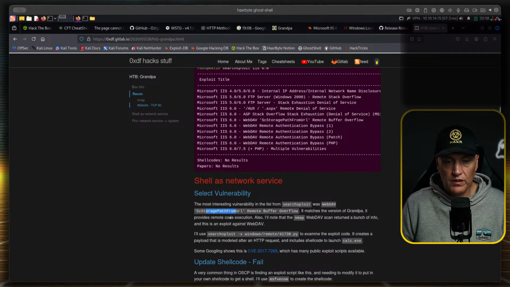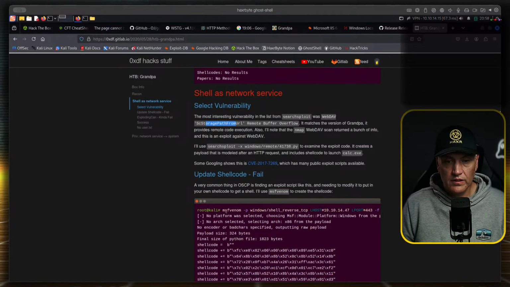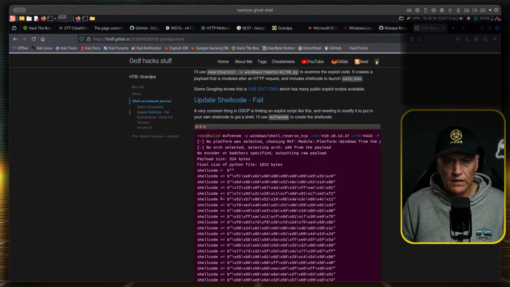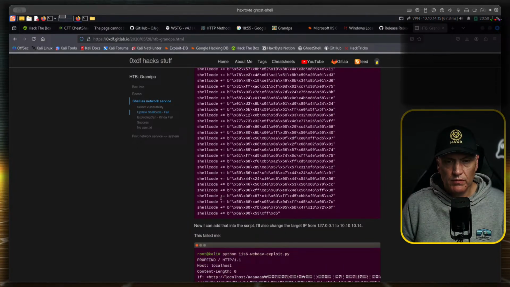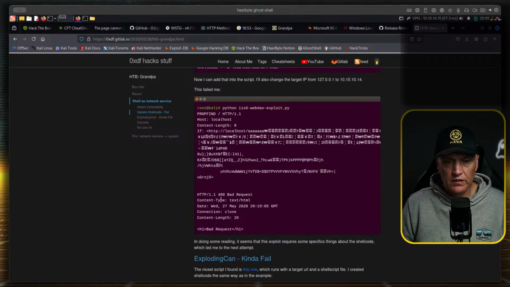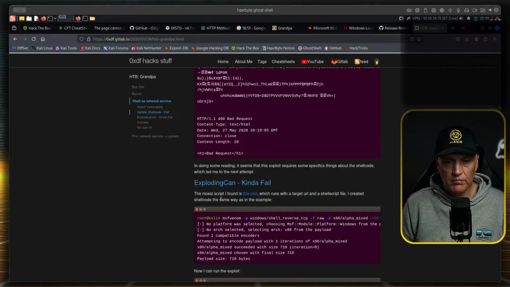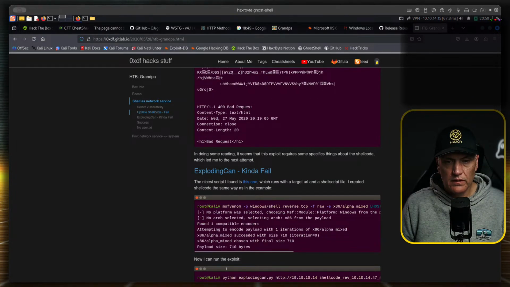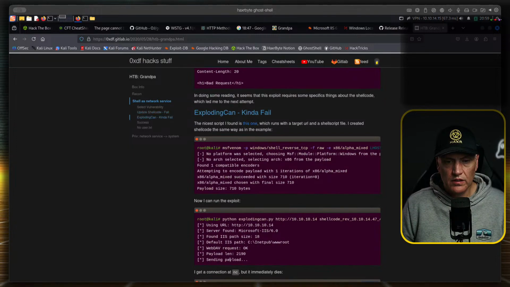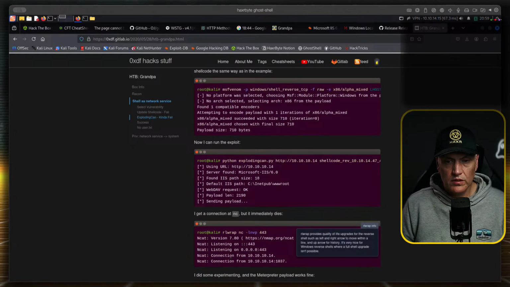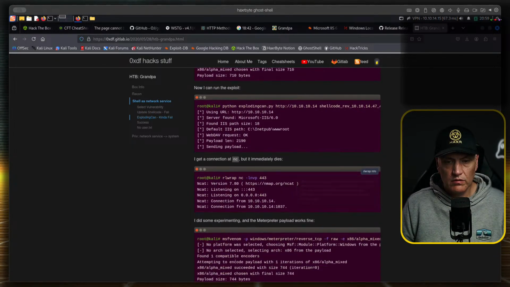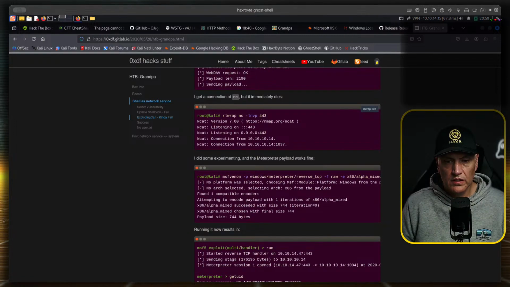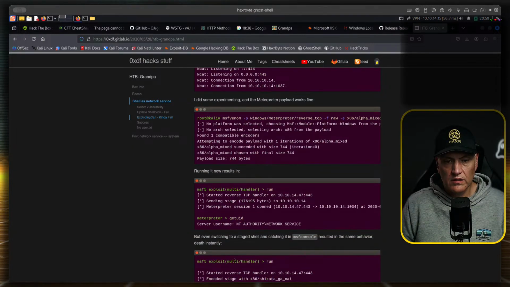That's the correct one, that's what we used. Okay, we used Metasploit, we got a shell already. Got a reverse shell, shellcode, got a reverse shell, got a Meterpreter shell.